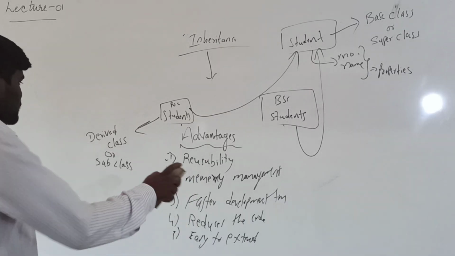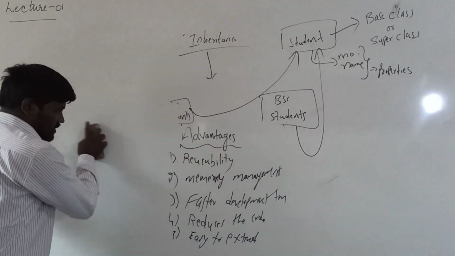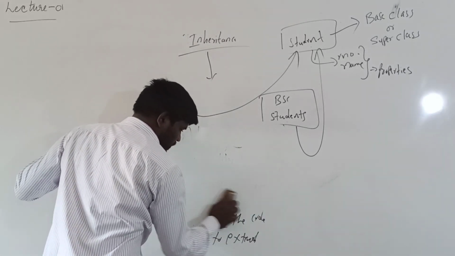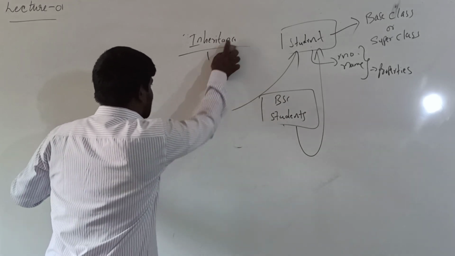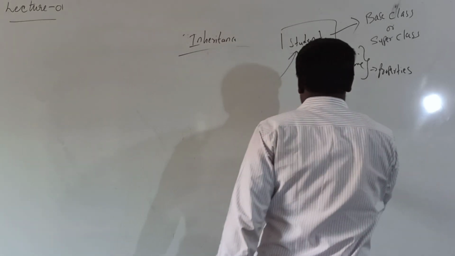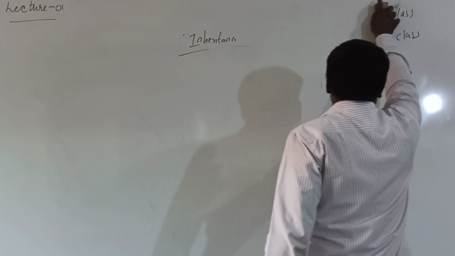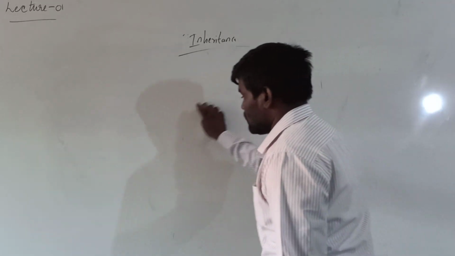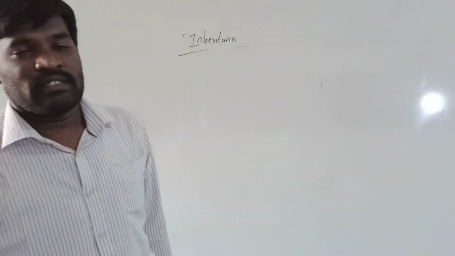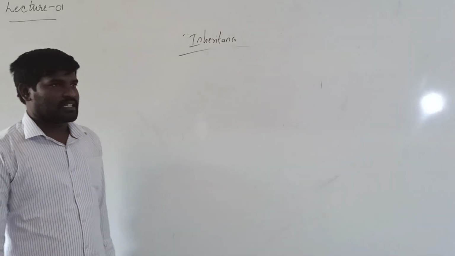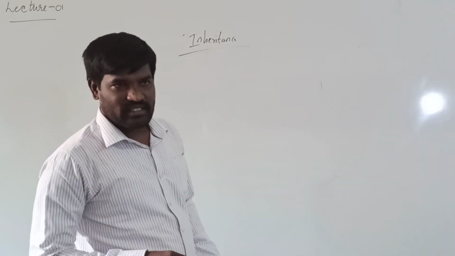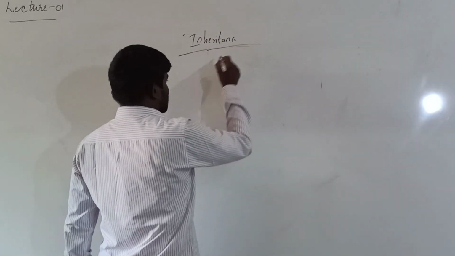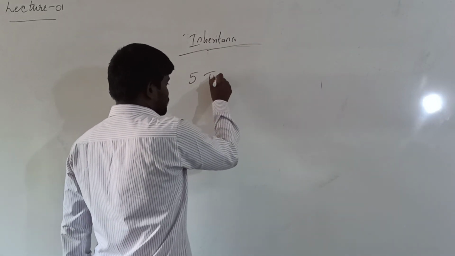Okay. Next is types of inheritance. It is very important for 5 marks again in this chapter. So there will be a 5 marks question. Again the chapter is very easy and most of the time in the examination they will ask what are the types of inheritance. So in inheritance there are 5 types.